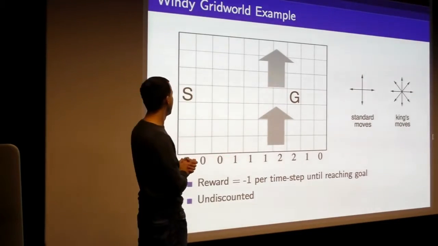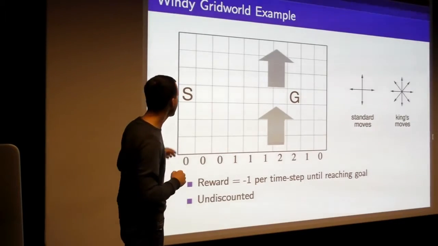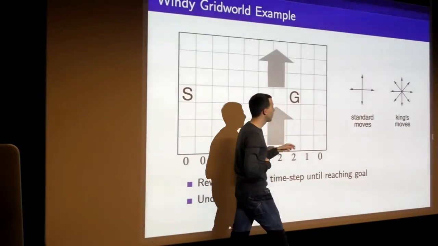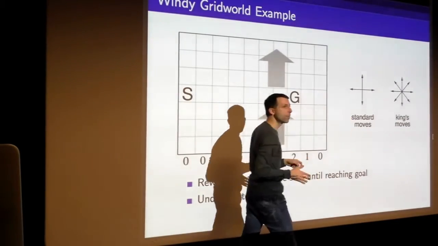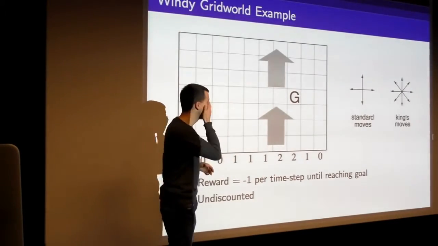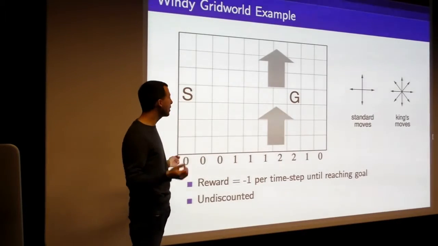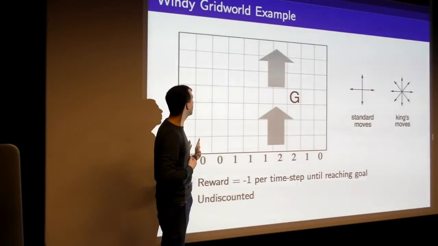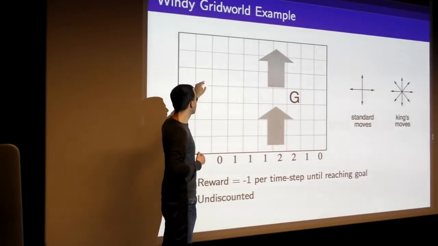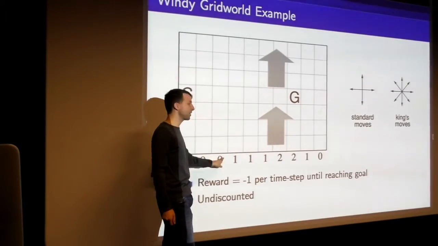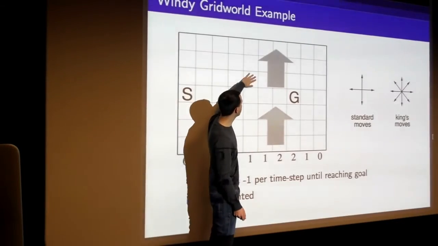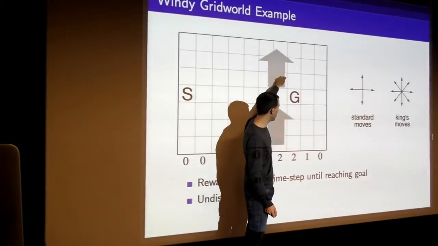Let's see what happens. So this is called a windy grid world. We're just trying to wander around from this start point to this goal. We can take any of these king's move operations, so all the diagonal moves as well as north, east, south, west. And the only special thing about this grid world is that every time we take a step, the wind pushes the agent upwards some number of grid cells, which are indicated by this number at the bottom of the column. So there's no wind over these first 3 columns. Then you get pushed up 1 step when you move here, 2 steps when you move up here,